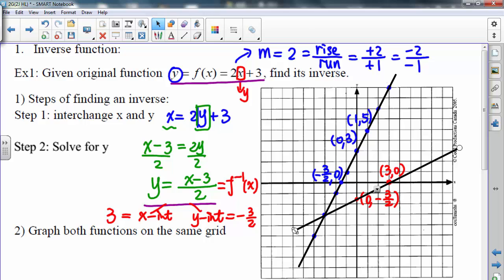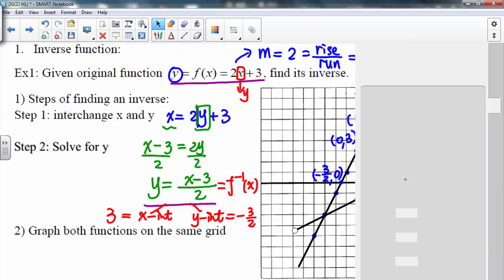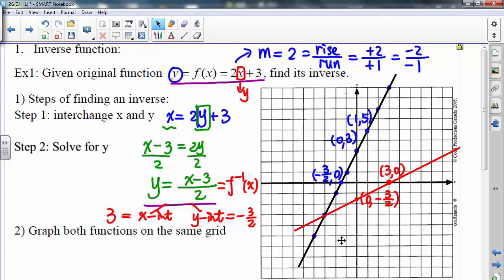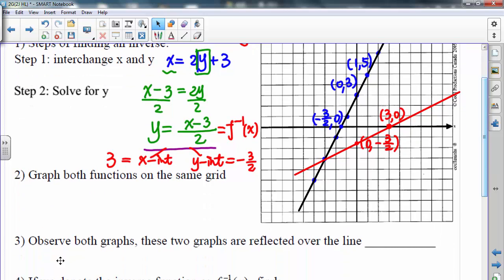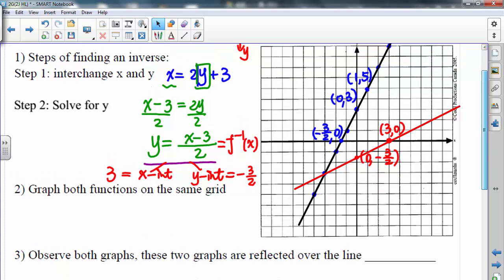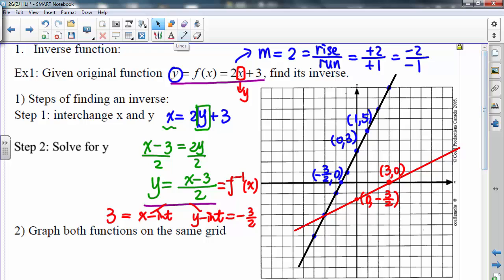I will change this inverse graph to a red color. Okay, so this is the original function graph. This is the inverse function graph. Then if we look at these 2 lines carefully, I find these 2 graphs are reflected over one line, and this line is the diagonal